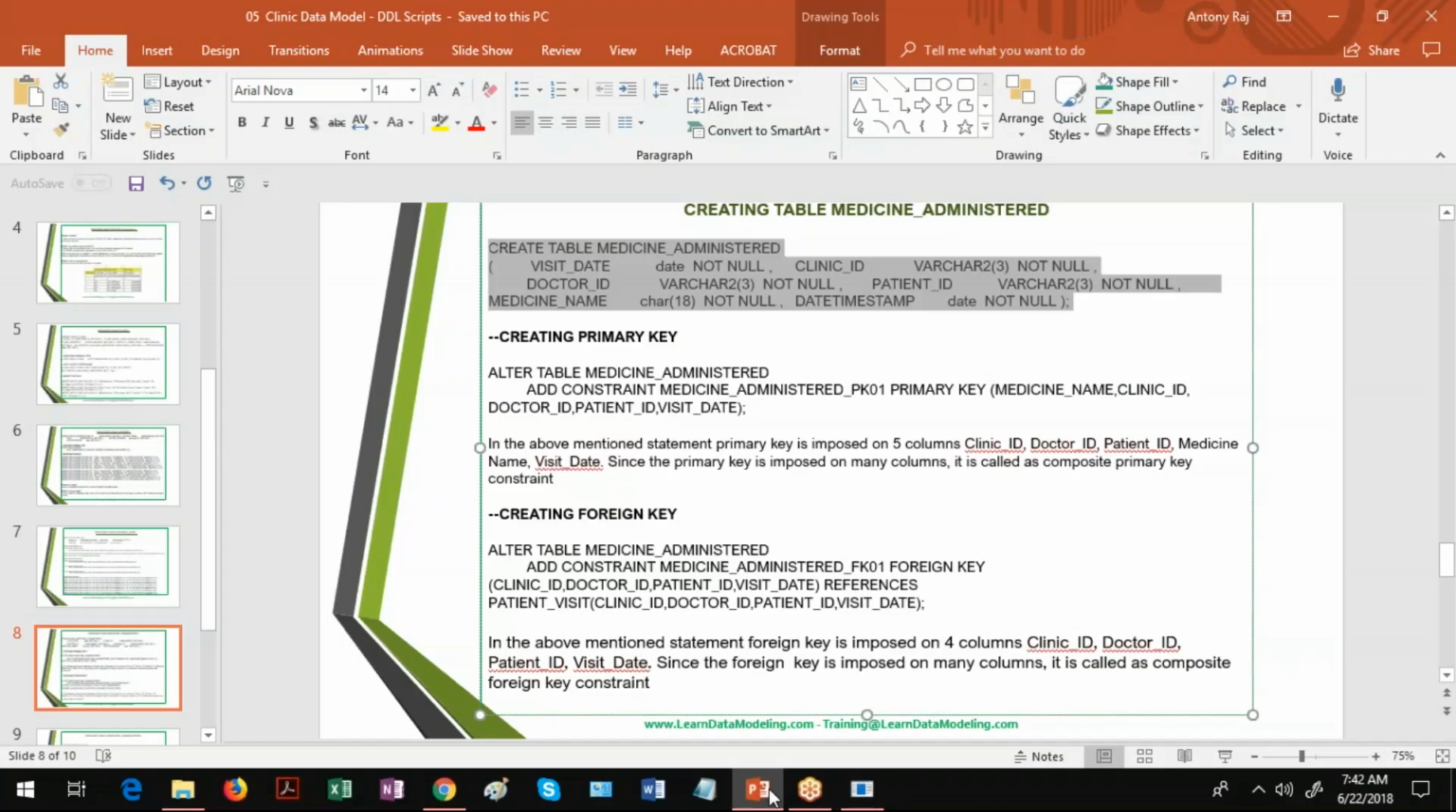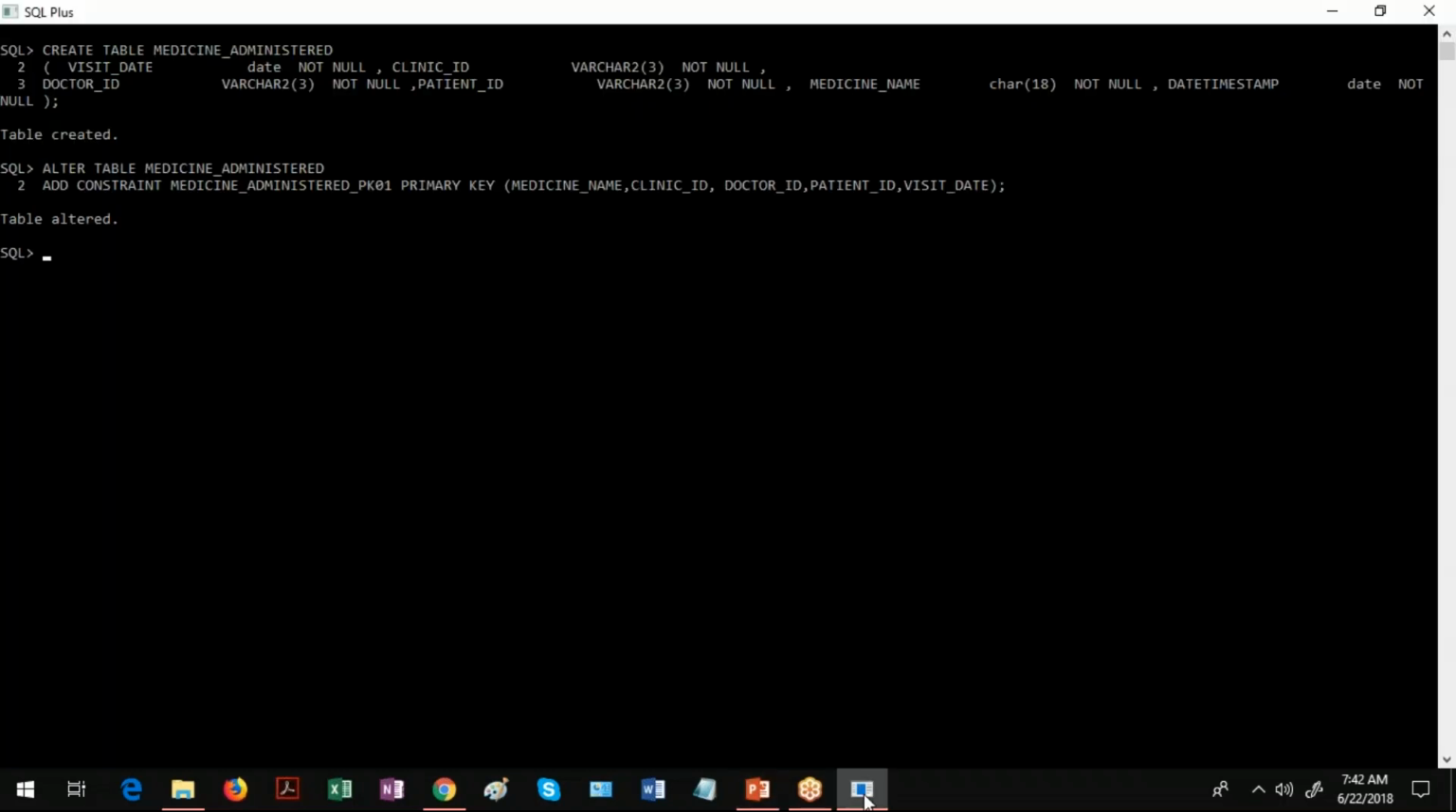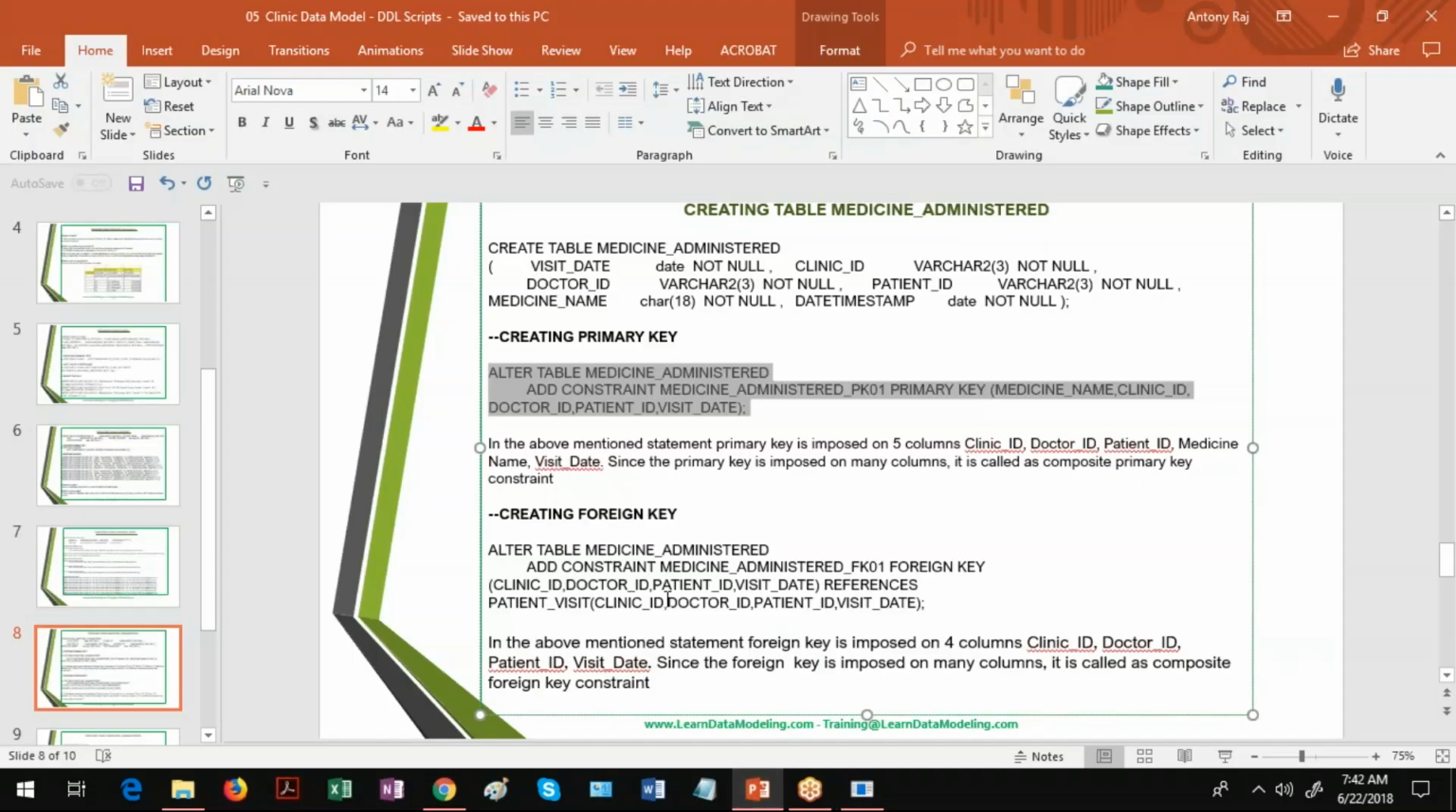I create the table here, table created. Then I'm creating the primary key. Again, this is a composite primary key. You can see medicine name, clinic ID, doctor ID, patient ID, visit date. 5 columns are included here, and these 5 columns are composite primary keys. If a primary key is imposed on many columns, then it is called a composite primary key. Now,